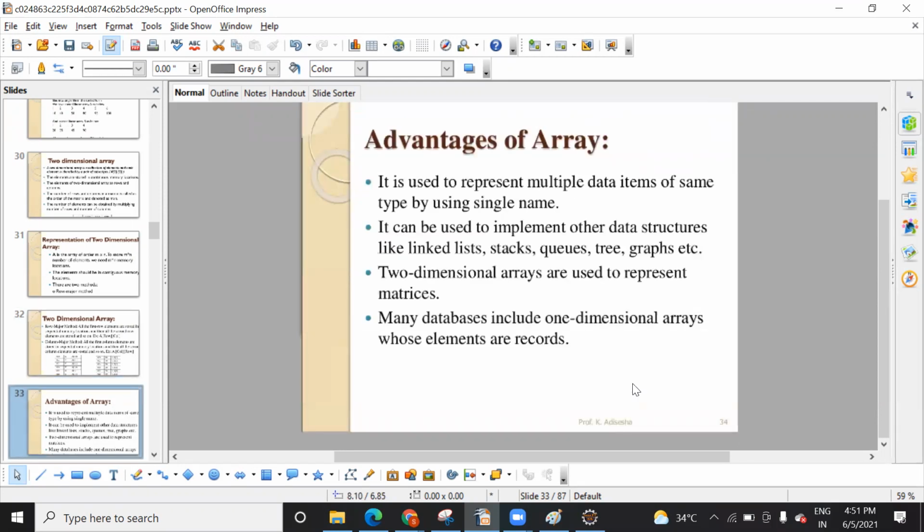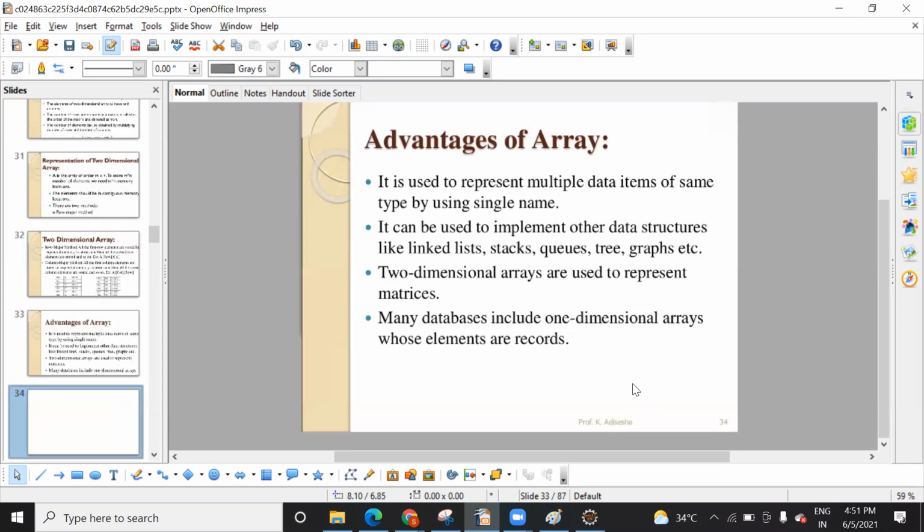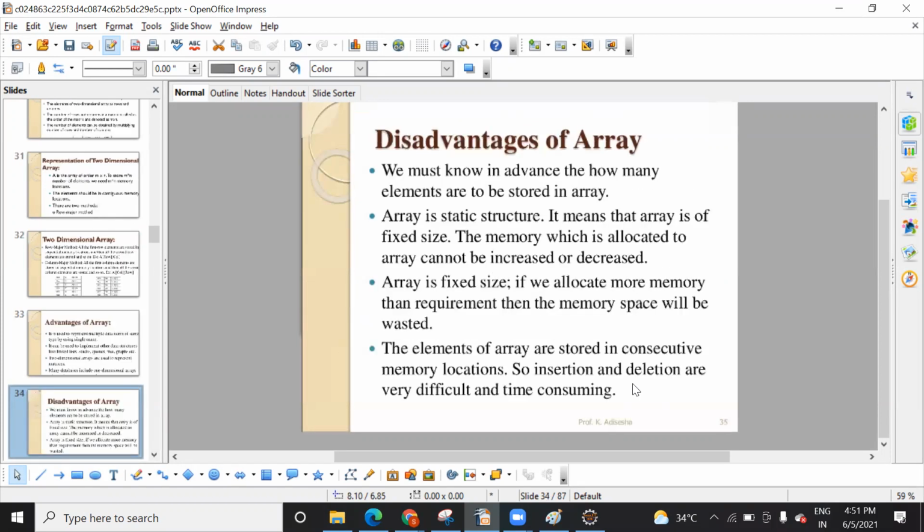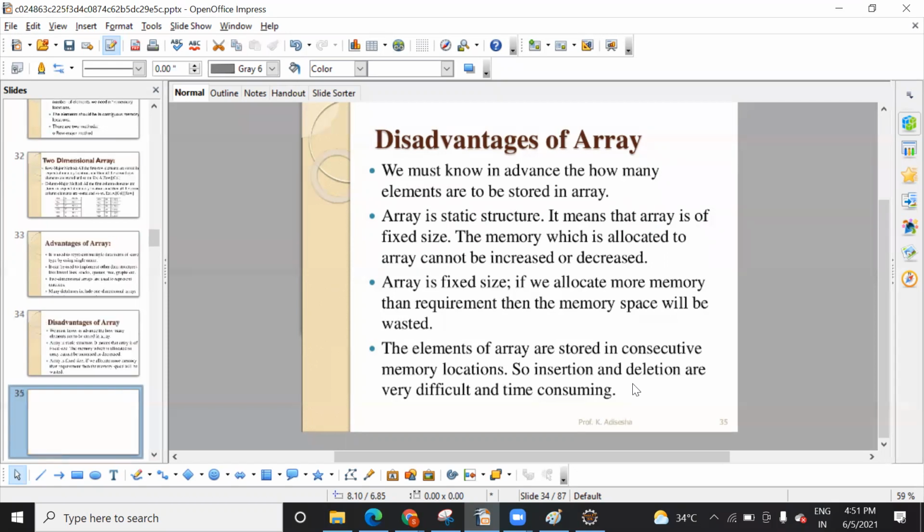And the advantage, you know it, right? When you want to work with multiple data, then it is helpful. The disadvantage is only the memory management, because it is a fixed size, so it creates a problem to add more elements. And memory will give an error, array index out of bound. It is of fixed size, so it won't allow you the flexibility to increase and decrease. Suppose you have a size of 10 and you want to save 5 elements, then there will be a wastage of 5 elements, right? So that flexibility you won't get.